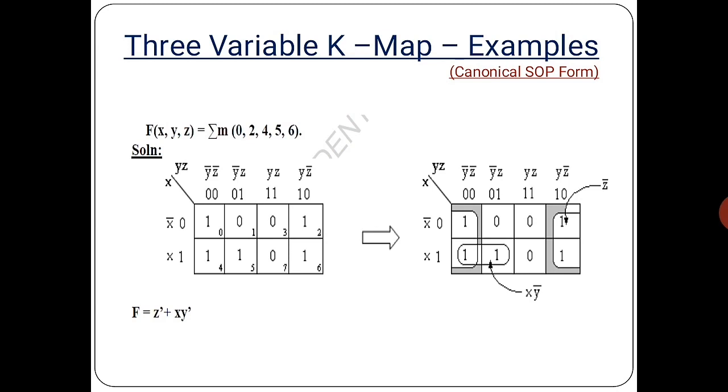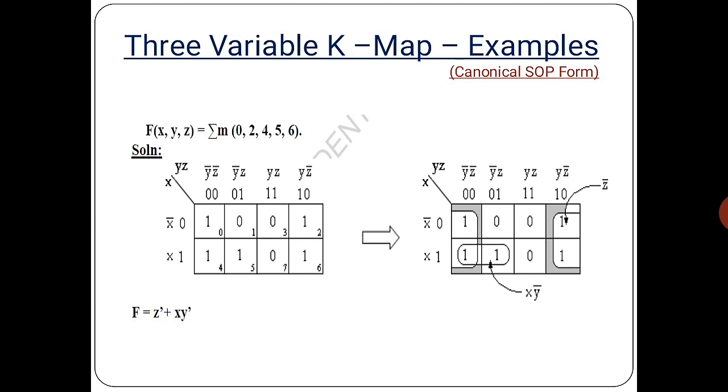So we do not have the chance to group as an octet, because in our Karnaugh map we are having only 5 ones. We must have 8 ones to group as an octet. So in this particular case we are going to group the leftmost and rightmost columns to form a quad. So we are going to form a quad. And then we are going to find out the common variable for the particular grouping.